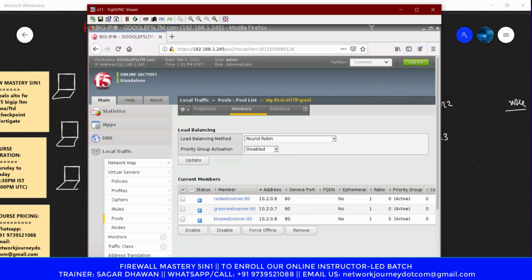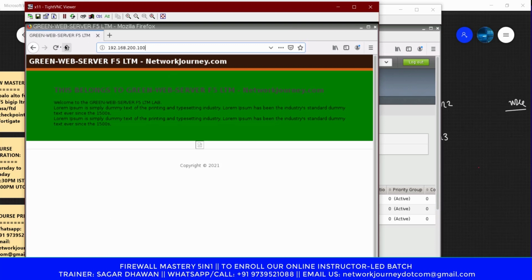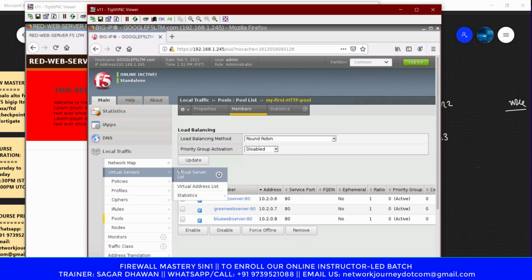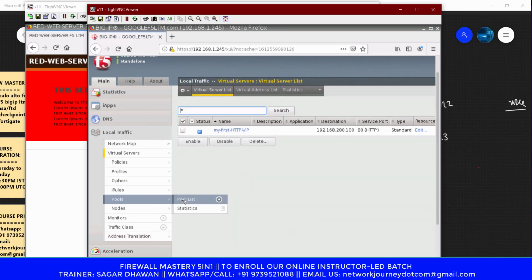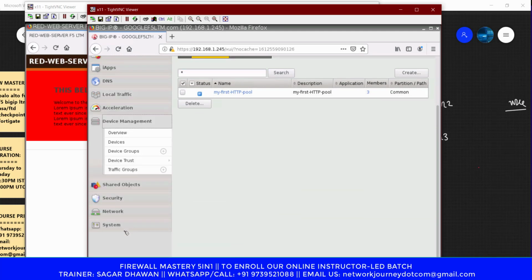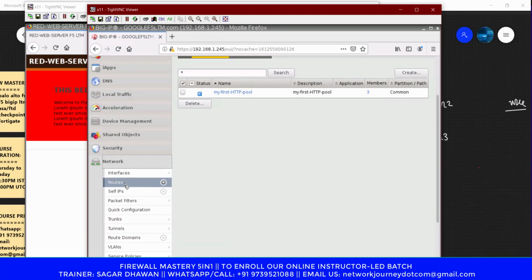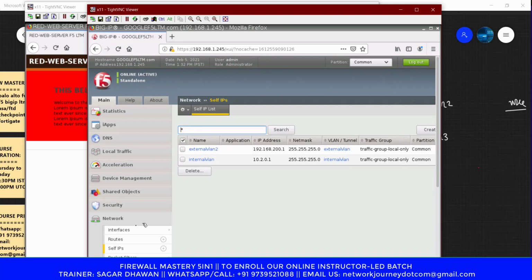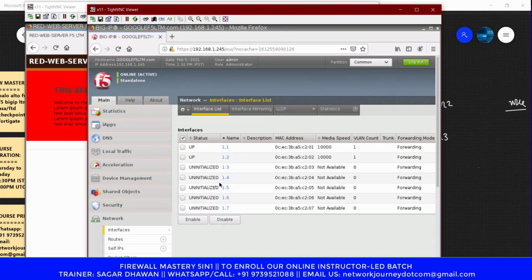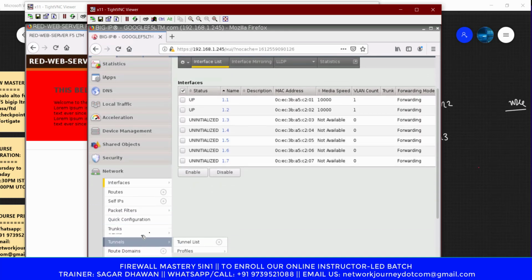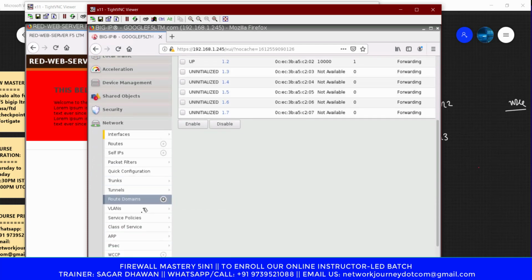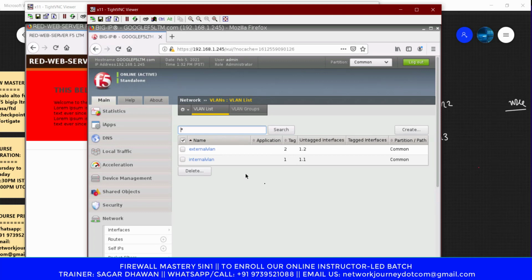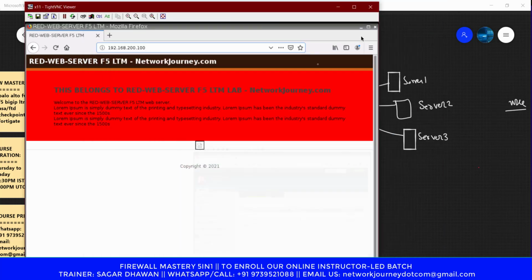And if you see here in my lab, I have already set up all these things. We will see how we create web servers, we will see the pools, we can go to the network column, we can see the different self IPs configured, the different interfaces, the trunkings or route domains, right? So there are a lot of valuable topics here.